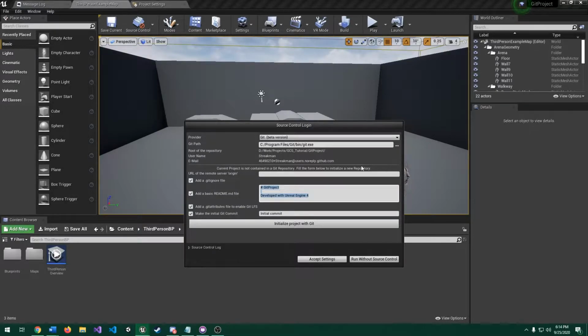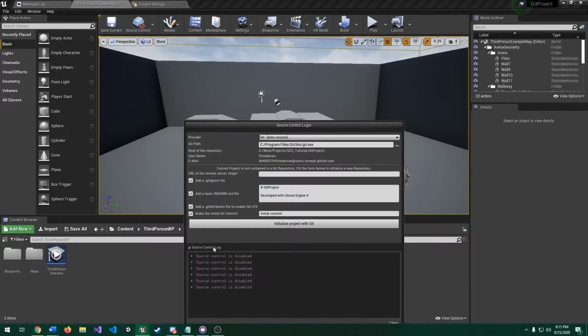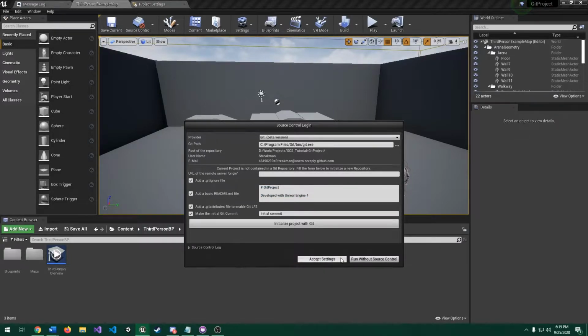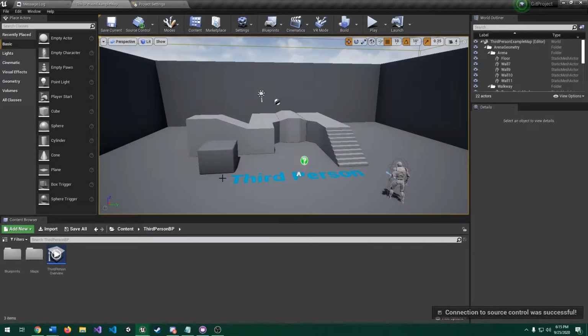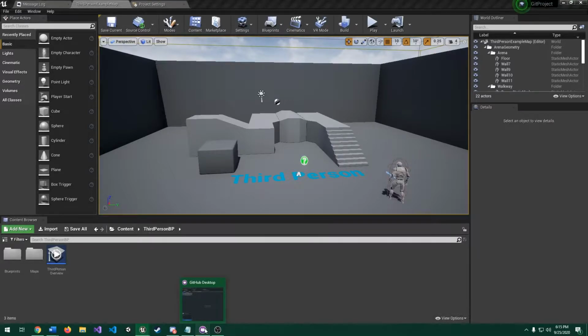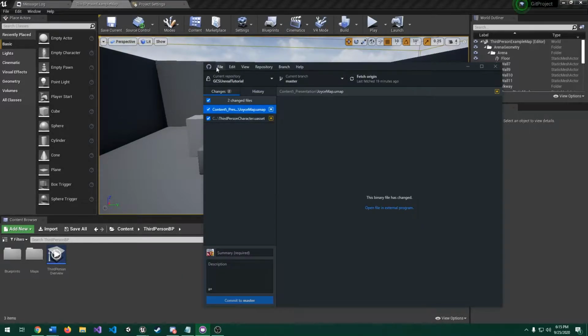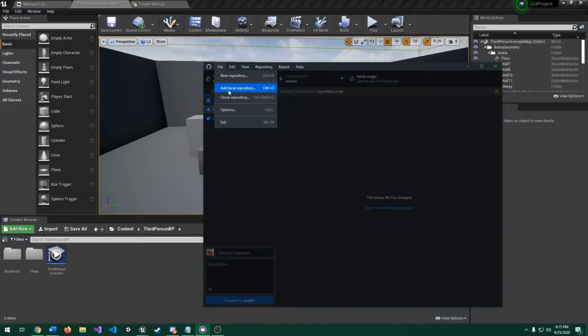So this is your README. We'll keep this the same for now. Your first time, this should ask you to just log in, I think. And you're going to click accept settings. No, you're going to click initialize project with Git. So you're going to initialize it. It's going to do something like that. You can think for a little bit. All right, we now have Git. So we're going to accept settings. We're done. So now we're going to go into GitHub Desktop